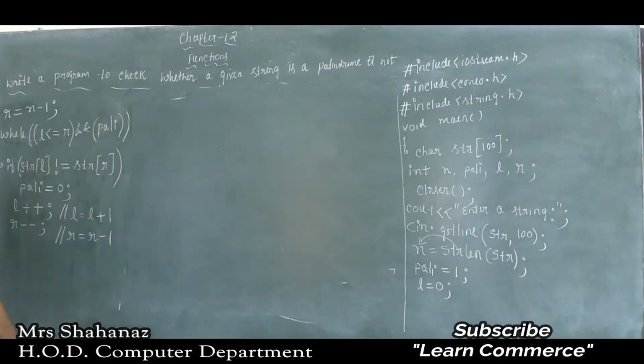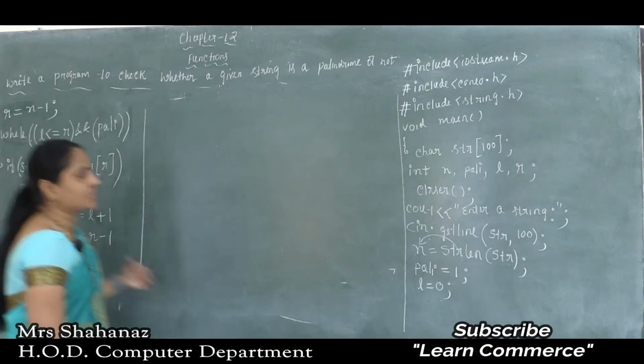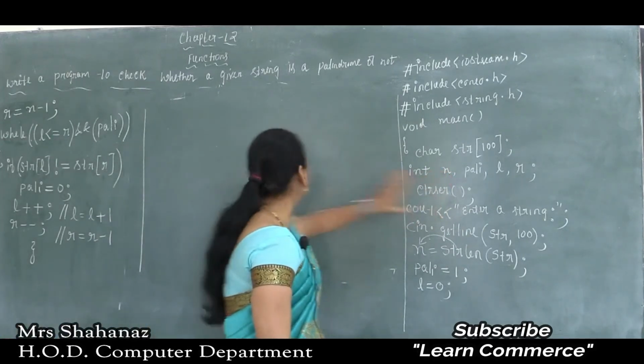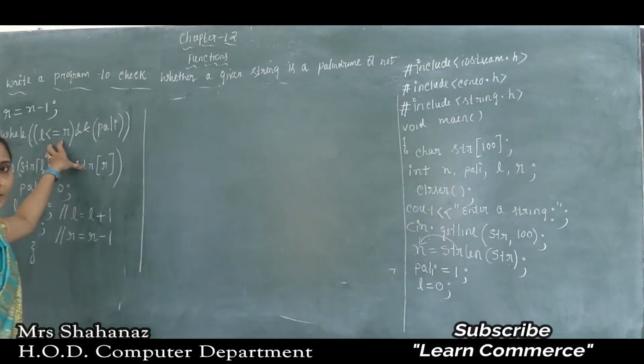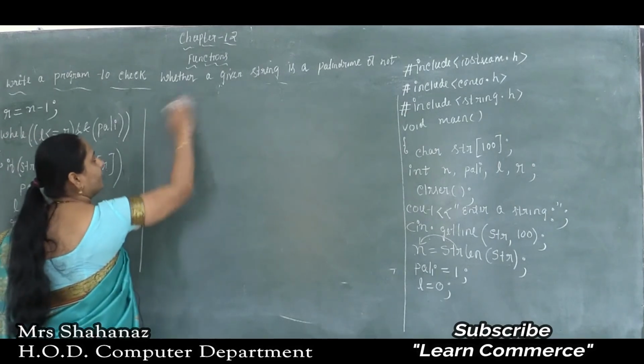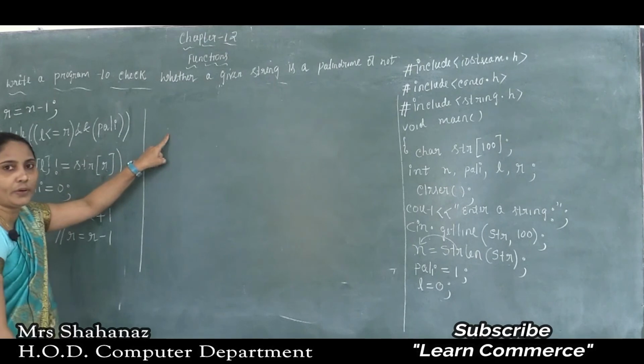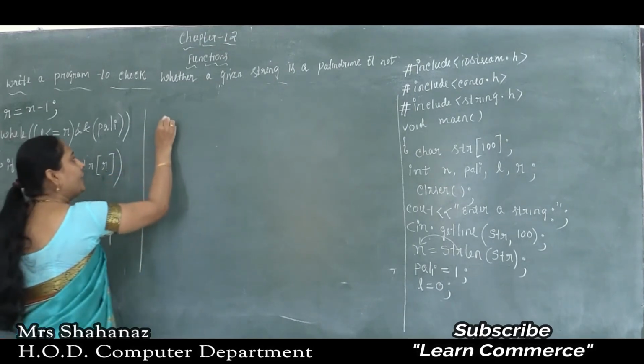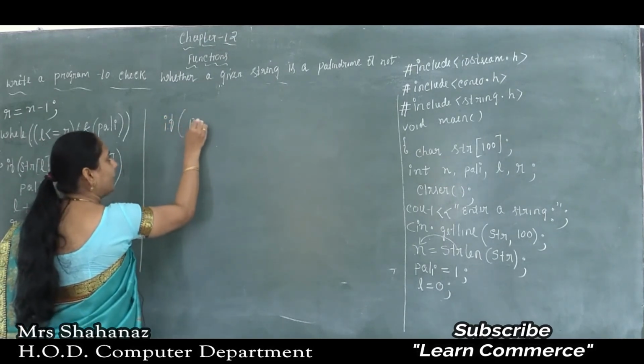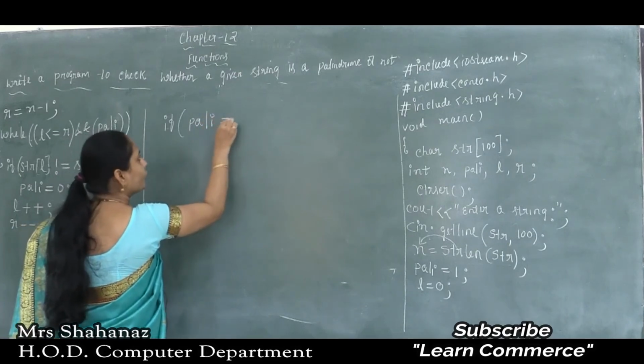Now we know that we opened the flower bracket, so we need to close the flower bracket. Clear this point here? Now this is our first coding, whatever I completed is our second coding, and the third continuation comes after closing the flower bracket. Now I am going to continue here. Next, if Pali is equal to 1.